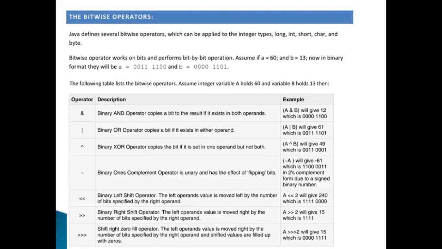So in that case, we will do the same things as we applied in AND and OR operators. We will check the individual XORing between the various bits, and we will then convert that number into decimal, which will come out to be 49.